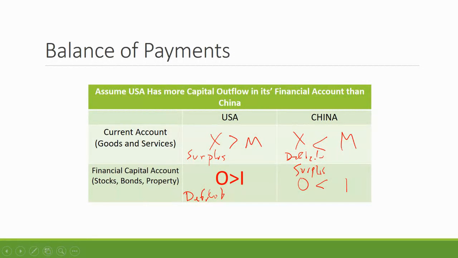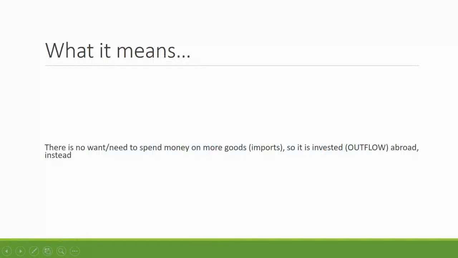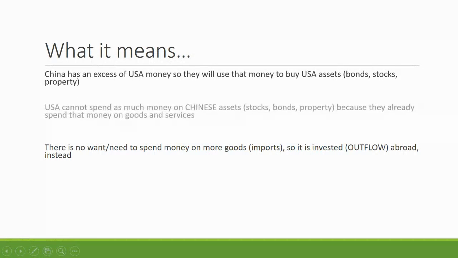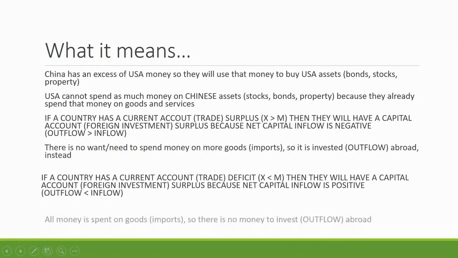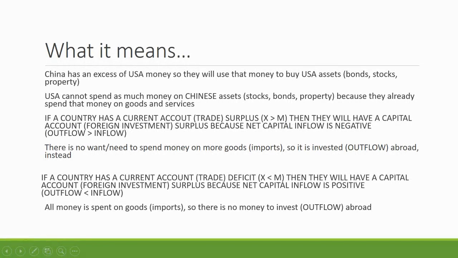And again, there are positives and negatives to it. It kind of depends on who you are when you are looking at whether this is a good thing or a bad thing as we go through it. So let me word it for you here, in a chunky notes way. One way to look at it is if the United States is buying all these Chinese goods,